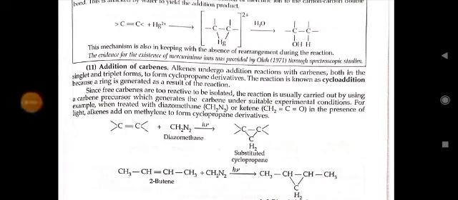Addition of carbenes: alkenes undergo addition reactions with carbenes, both in the singlet and triplet forms, to form cyclopropane derivatives. The reaction is known as cycloaddition because the ring is generated as a result of the reaction. Since free carbenes are too reactive to be isolated, the reaction is usually carried out using carbene precursors which generate the carbene under suitable experimental conditions. For example, when treated with diazomethane or ketene in the presence of light, alkenes add on methylene to form cyclopropane